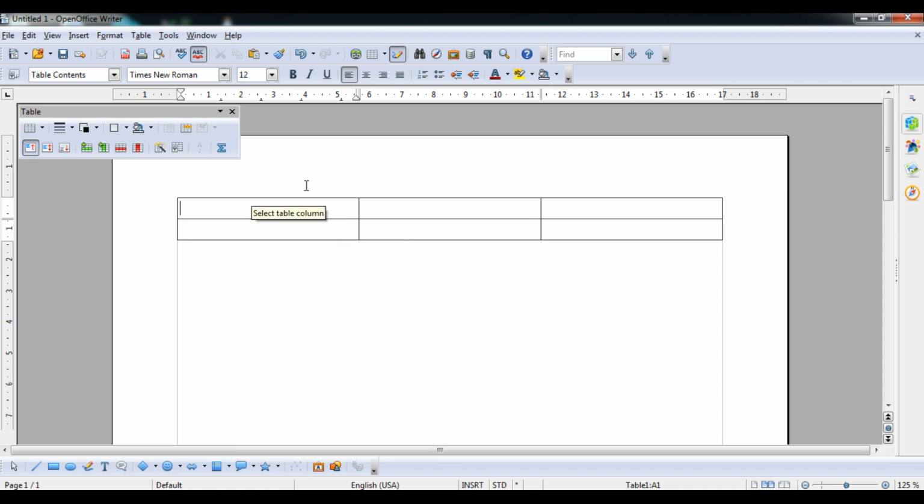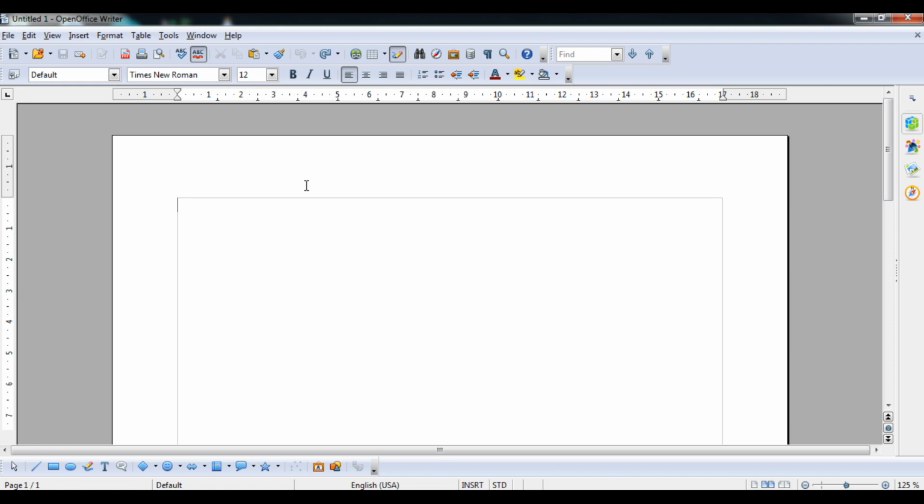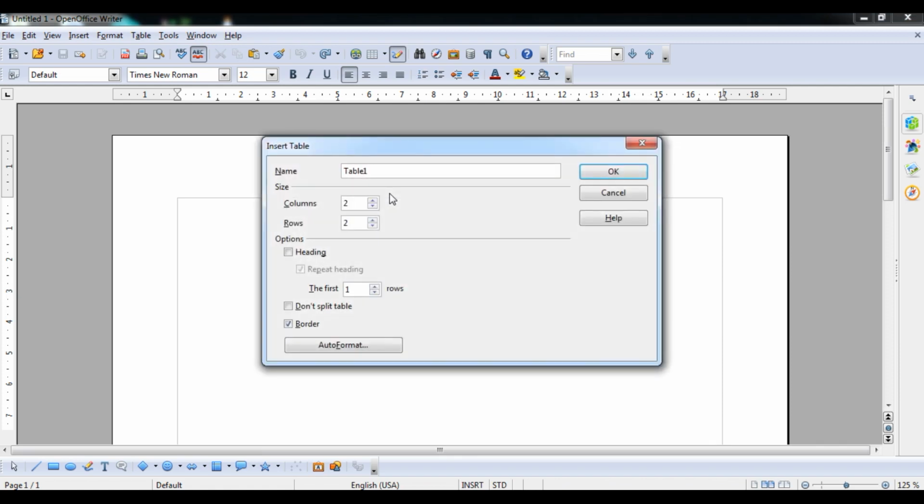Okay student, so now I'm going to insert a table with the help of a shortcut key student. The shortcut key is Control F12. So Control F12 will directly open the insert table menu. I'm saying dialog box. It will ask you the table name. Suppose my table name is my table, and then it will ask how many columns and rows. So you can put the number of rows and columns here. I'm going with 4 rows and 3 columns, and it will ask whether the first row will be a heading or not. So you have to select this as heading. Okay, and then you can press OK.